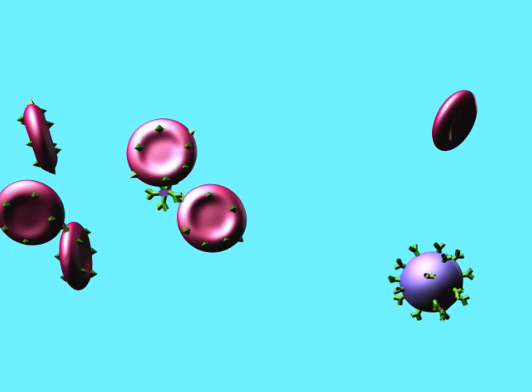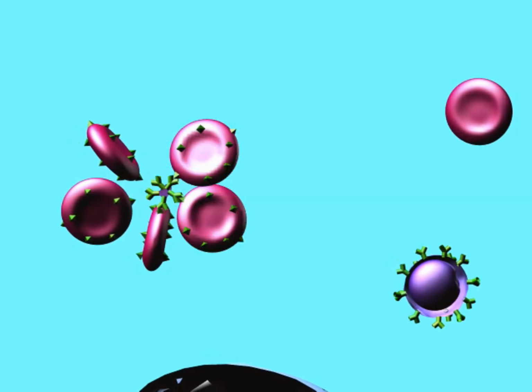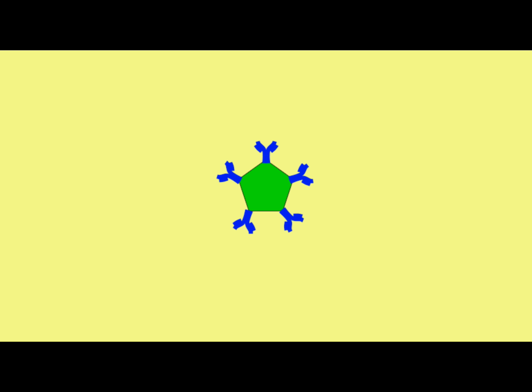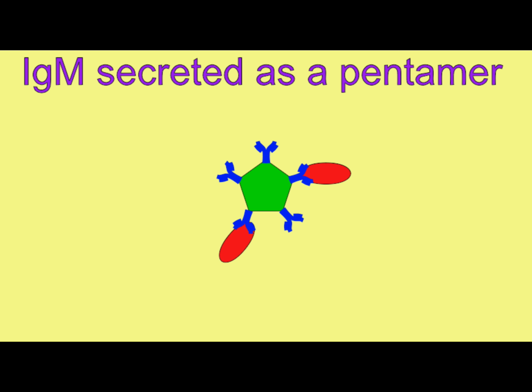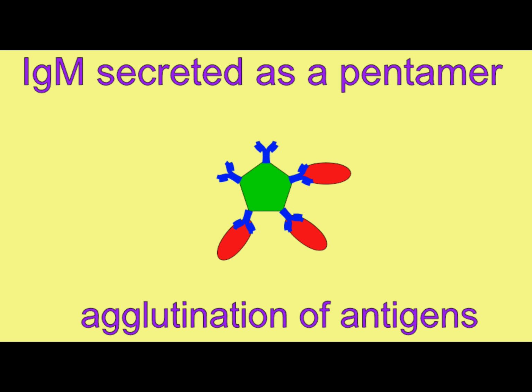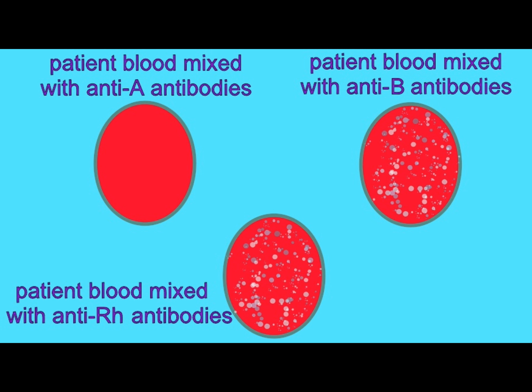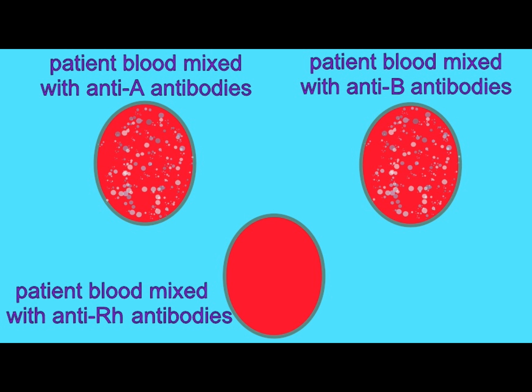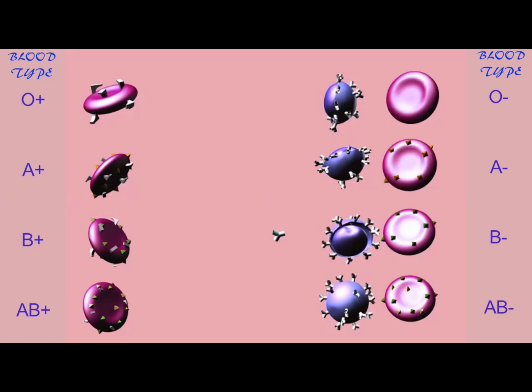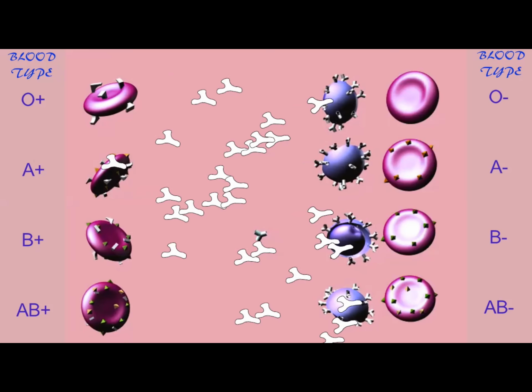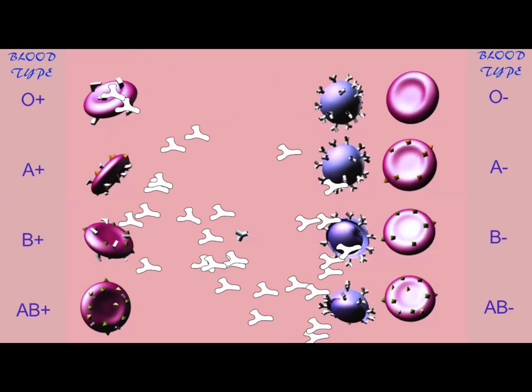molecule is present. An easy application of this is the use of the IgM antibodies, which are secreted as a pentamer, 5 antibodies attached to a common base, which can then bind the A glycoproteins or B glycoproteins, which determine blood type. And so when a patient's blood is mixed with antibodies which bind to A and antibodies which bind to B, and then the antibodies which bind to Rh, which is a different class, the IgG, in this case,